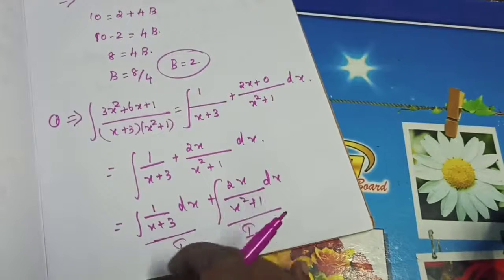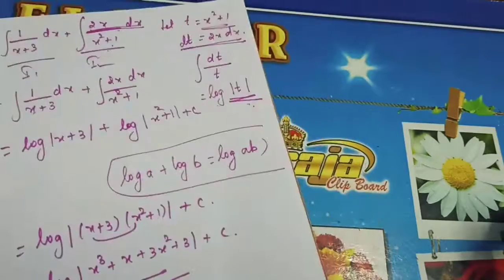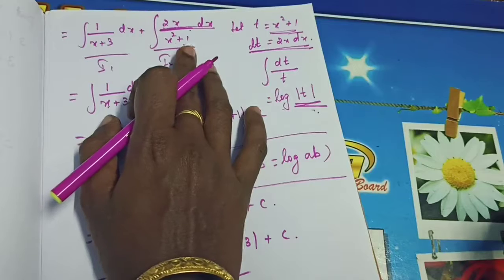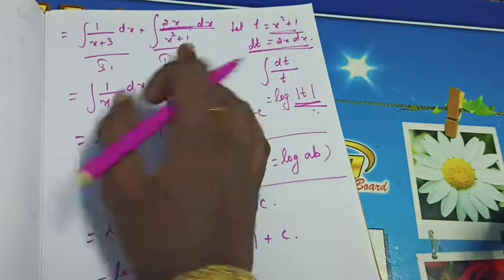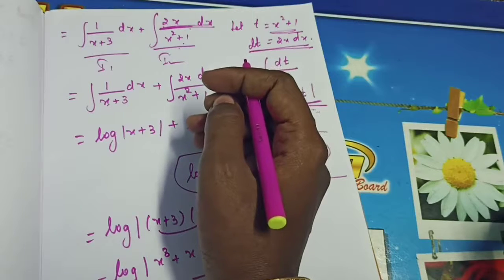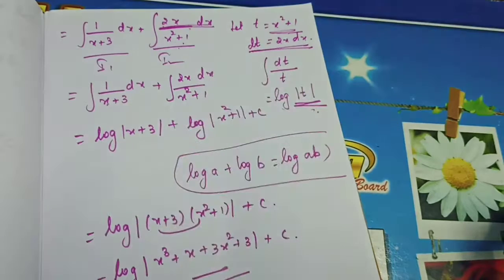So now what I did, this one as I1 and this one as I2. So this one is the only difference here. In the denominator, we don't know how we will integrate. We can't integrate. So because of that I consider the denominator as t and find dt. When I differentiate, I get the numerator value. So afterwards dt by t means log of modulus of t. And I am substituting, I got the answer. Understand students? I hope you got it.